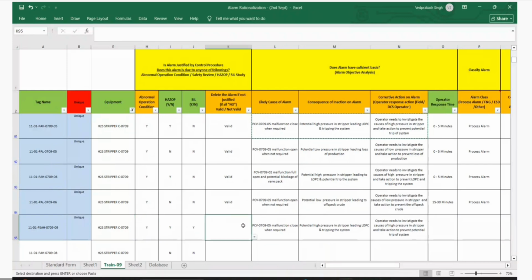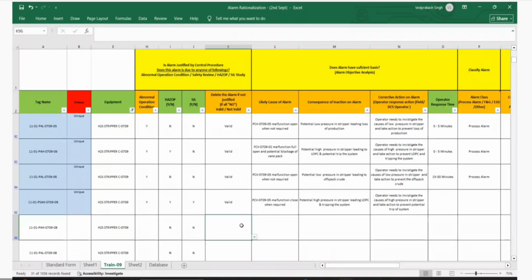Okay. PC malfunction full open, right? Yeah. If PC malfunction full open, will it create more pressure? Close when required. Also, I think in here we can also